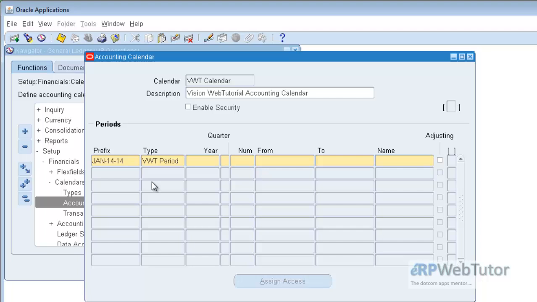Now every period needs to be given a year and a quarter. So in this case, let me give the year as 2014, and since we are creating the first period of 2014, January 2014, the quarter number will be 1, period number will also be 1, and let me give the date as 1st Jan 2014 to 31st Jan 2014. Okay,